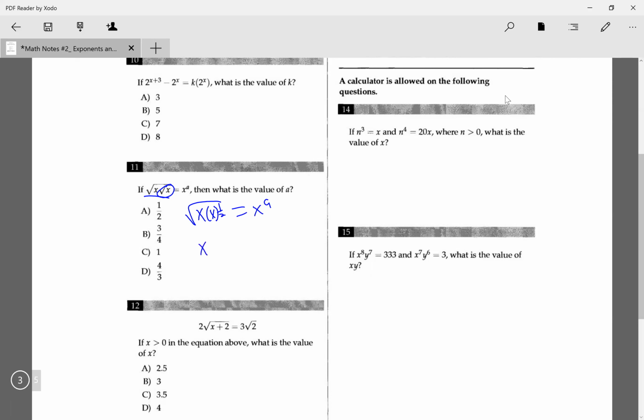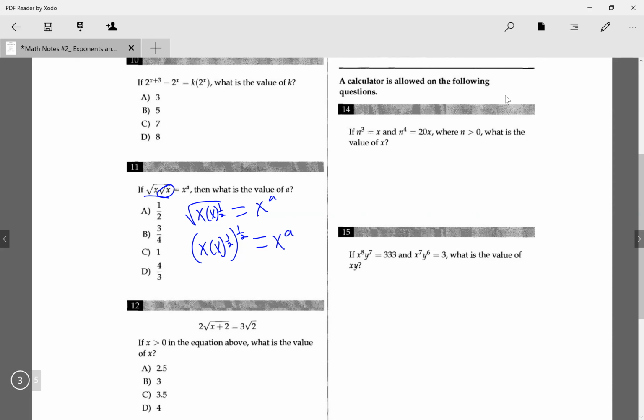So this is x times x to the power 1/2, to the power of 1/2, equals x to the power of a. Oh my god, sorry, my bad. Let me just make this simple. x to the power of a. And now